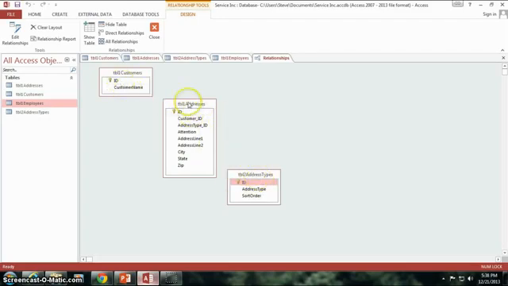Now, the way you make your relationships is you select the field that is either your primary key field or your foreign key field. And for our customers, I'm going to take the ID and I'm going to click on it, and I'm going to start moving it around. And as I'm holding down the mouse key, I can drag it around, and I can select any one of these other fields on either of these 2 tables that I want to take this ID and say, there's a relationship between this ID field and what other field am I going to relate it to? Well, that would be the customer ID field in the table 1 addresses. So I'm going to drag it over to the customer ID, and I'm going to let go of the mouse,